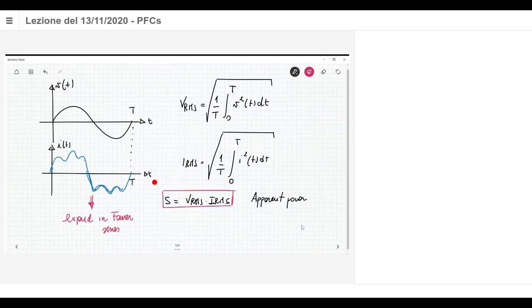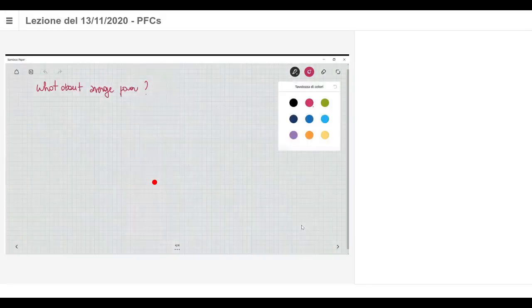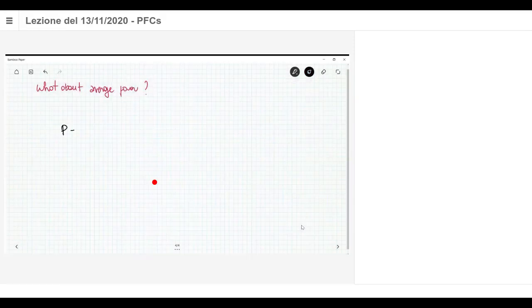And when I expand this current in Fourier series, I have to understand that the average power is only due to the product which gives an integral that is not null: the product of the sine wave of the voltage with the component of the Fourier expansion of the current which has the same frequency. So the fundamental component. So the average power is only due to the product of the voltage